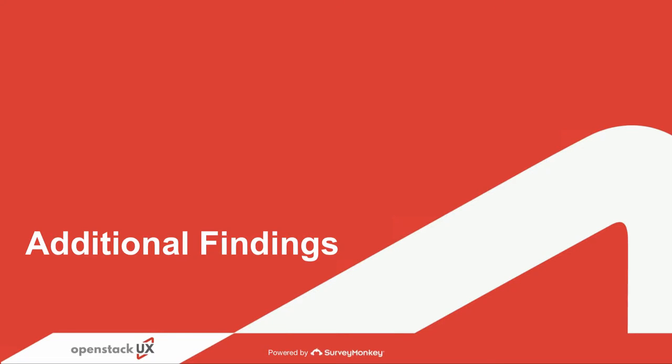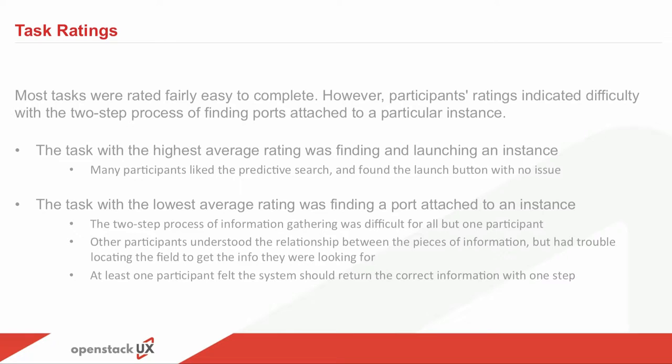In the next section, we'll take a task-by-task look, and we'll also look at some of the ratings that participants gave each task in regards to how easy they felt the task was to complete. Overall, the tasks were generally easy for people to complete. There was a difference in ratings, understandably, as the complexity of the search increased. So some of the tasks that required more domain knowledge were rated a little bit more difficult than others